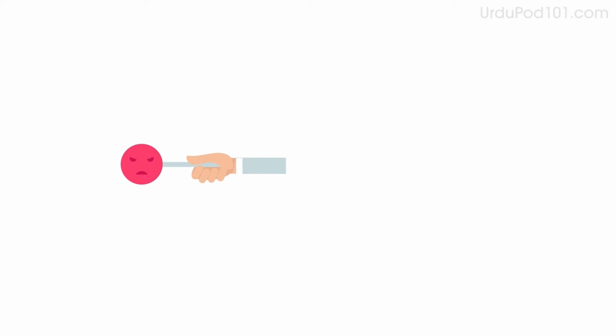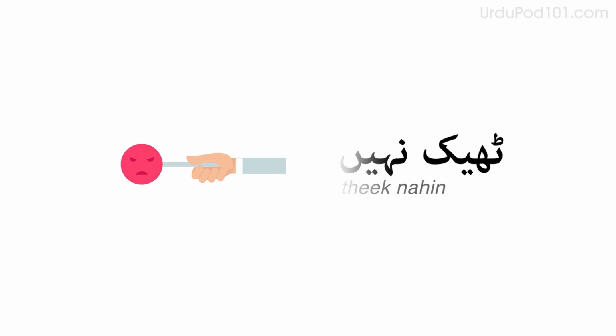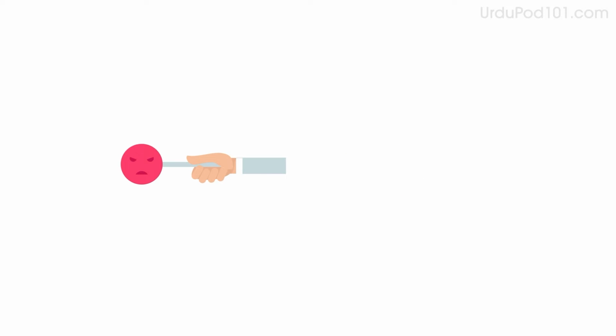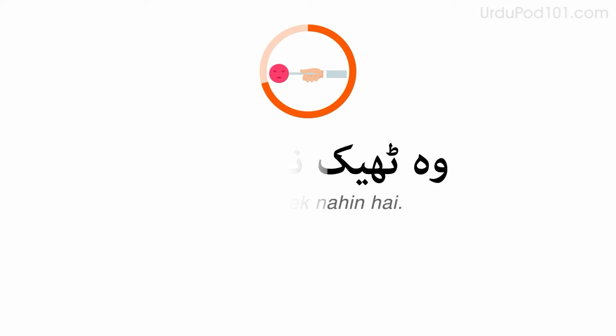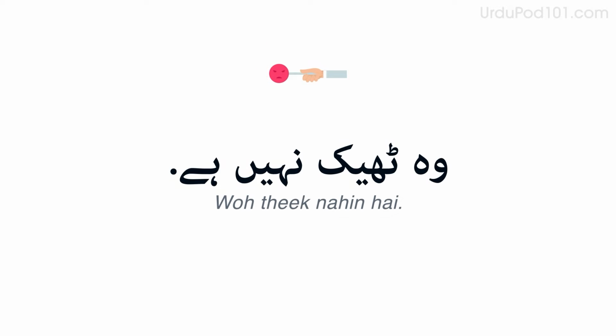Now imagine she's not good. Do you remember how to say not good? ठीक नहीं। Say, She's not good. वो ठीक नहीं है। Now, answer the question saying she's not good. तुम्हारी वालिदा कैसी हैं? वो ठीक नहीं है।